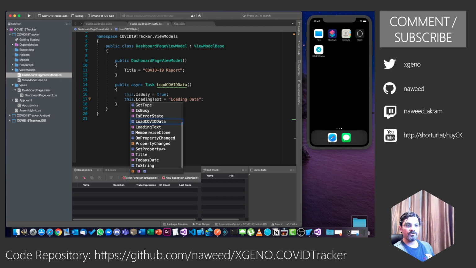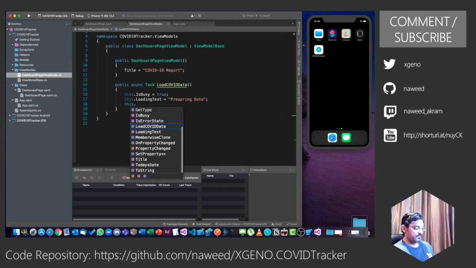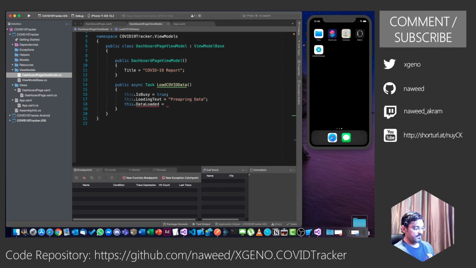This dot loading text is equal to maybe, let's call it preparing data. That is a better word, preparing data. I will say this dot data loaded equals to false, so that nothing is shown on the screen. Maybe error is error. There is no error that has happened yet.